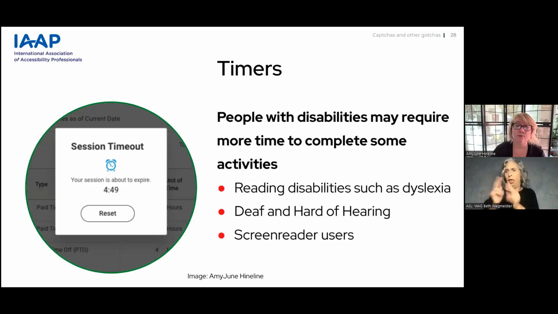Someone who has a reading disability, such as dyslexia, likely will take longer in understanding instructions and text on a form. Perhaps someone who is deaf may be more comfortable with sign language than the written word.